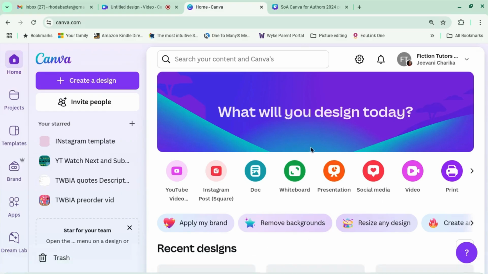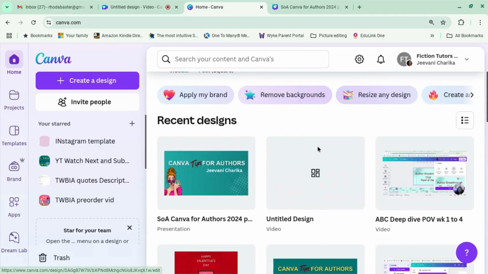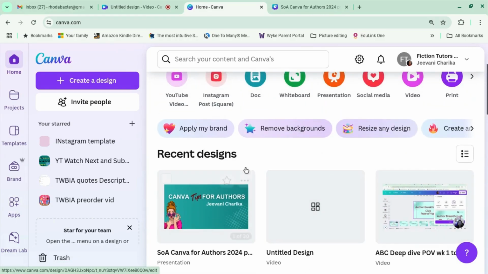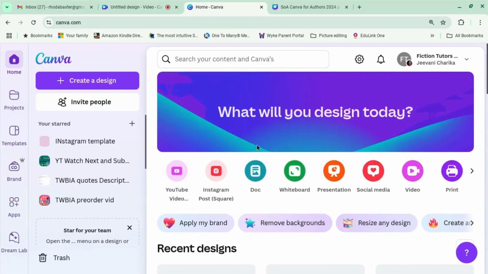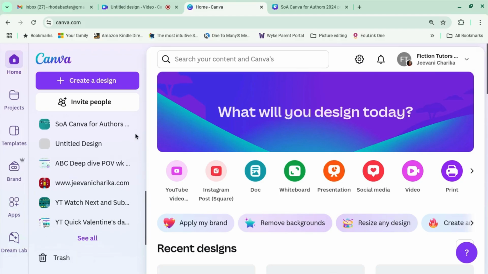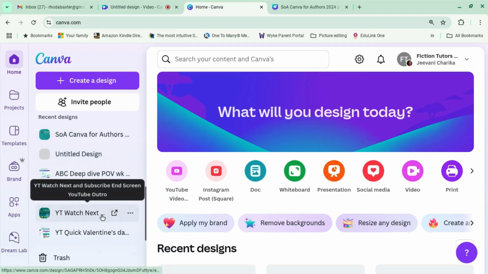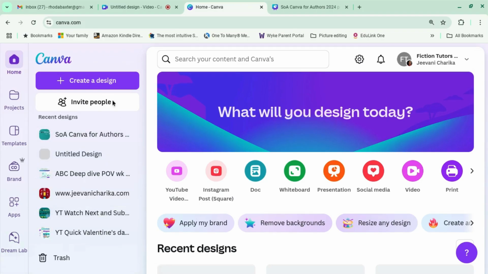When you log in, this is what you see. Now, I've got a lot of recent designs because I use Canva a lot, but when you start off, there won't be very much, but that's where they are. You've also got down here the recent things that you looked at, your recent designs. A lot of the interesting stuff is down this side here. Dreamlab is their AI thing, but the main thing you need to look for is create a design, the big create a design button. So we press that,